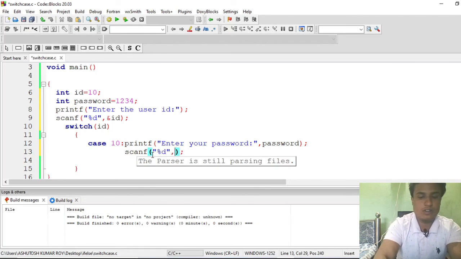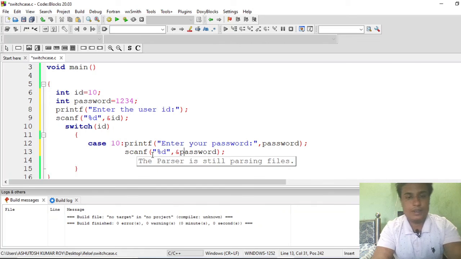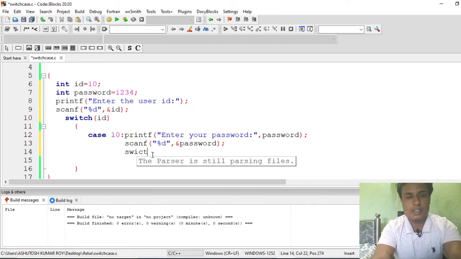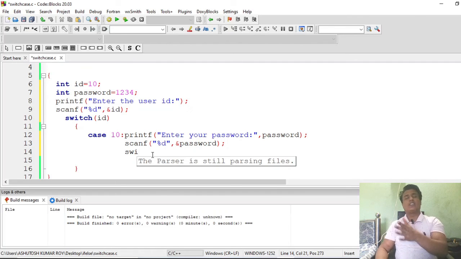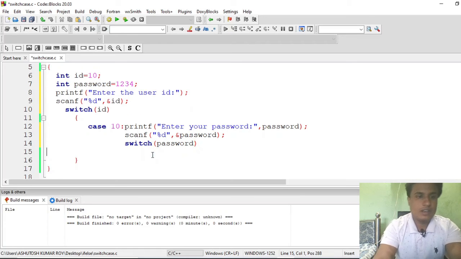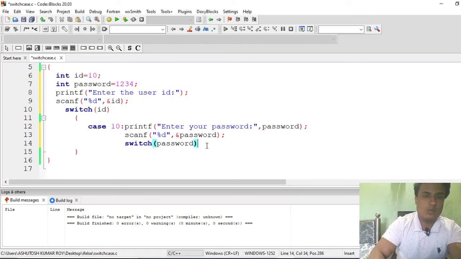Okay, watch it very carefully. Don't miss out anything. So now we will again use a switch case here, for checking if now the user ID is correct, now we will check if the password is correct. So there will be two cases also. It could be correct or it could be wrong. Hope you are getting what I am trying to do here. If you don't like this code, you can do the same code using an if else statement also.